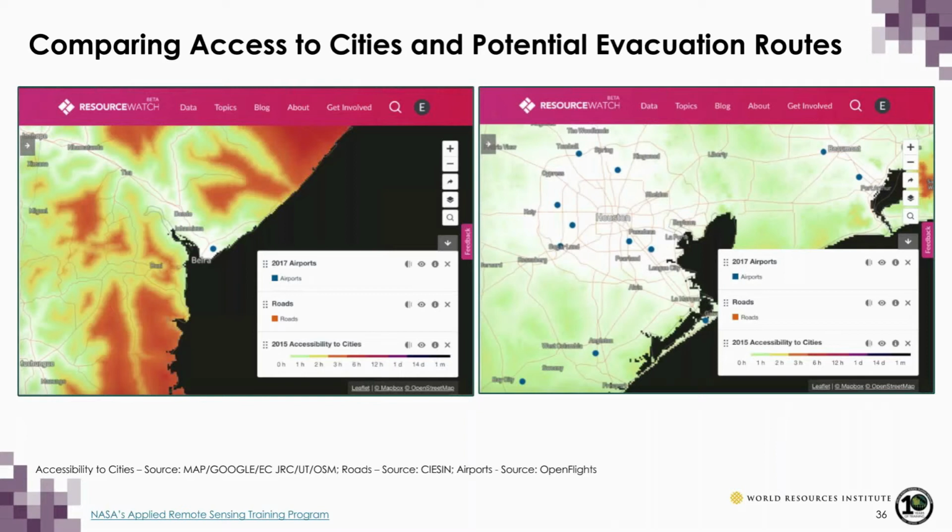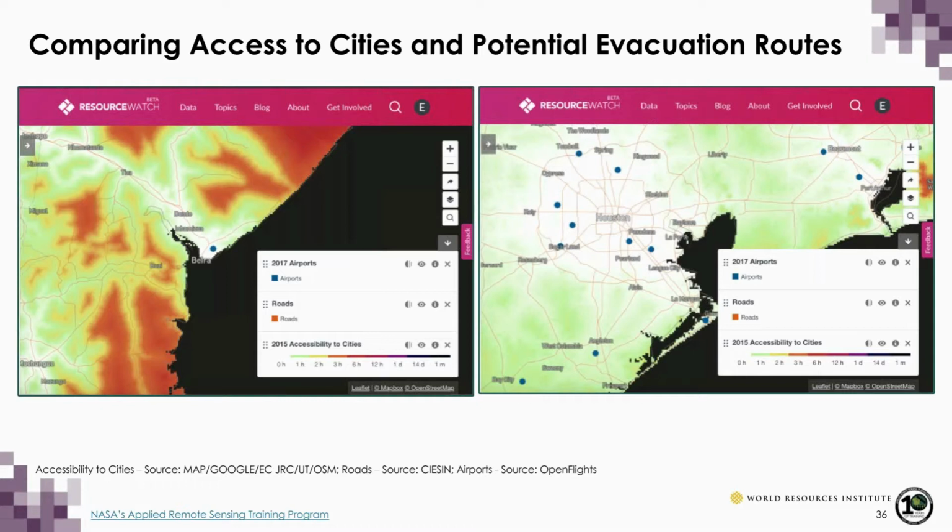If we want to think about why those fatalities were so different, Cyclone Idai had so many more fatalities than Hurricane Harvey. One interesting way to look at that is your accessibility to move around within a place. So we're looking right here on the map at accessibility to cities. And you can see that these dark red areas take a very long time to move around and get into a city if you're trying to evacuate.